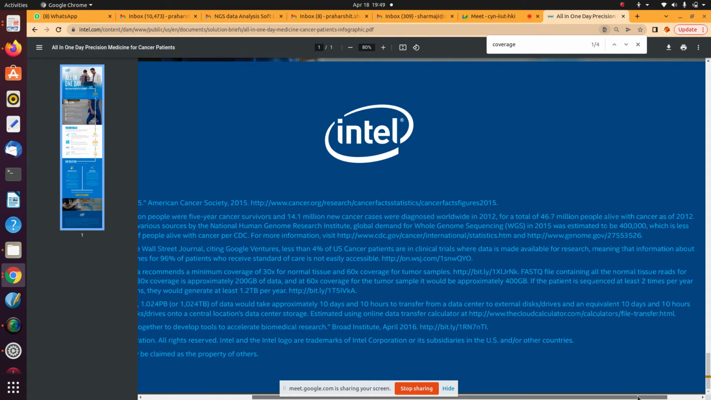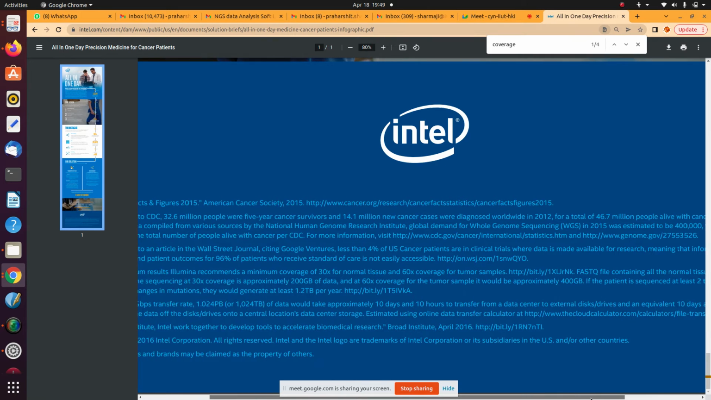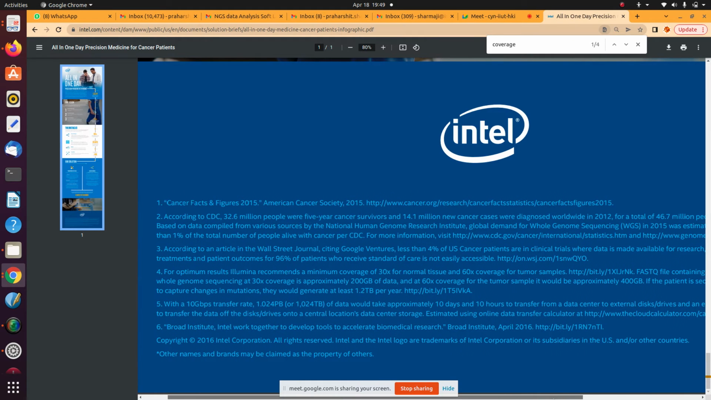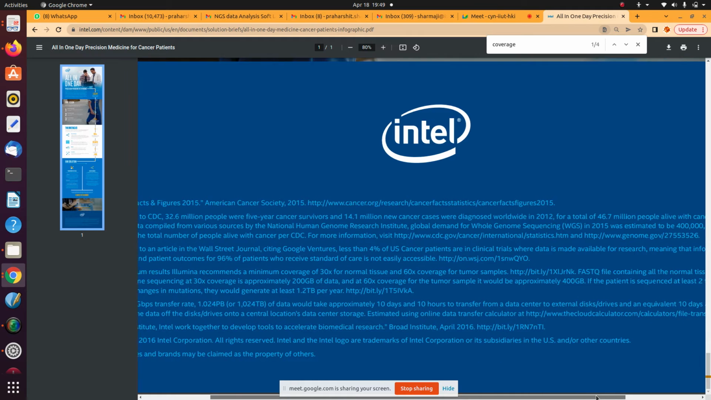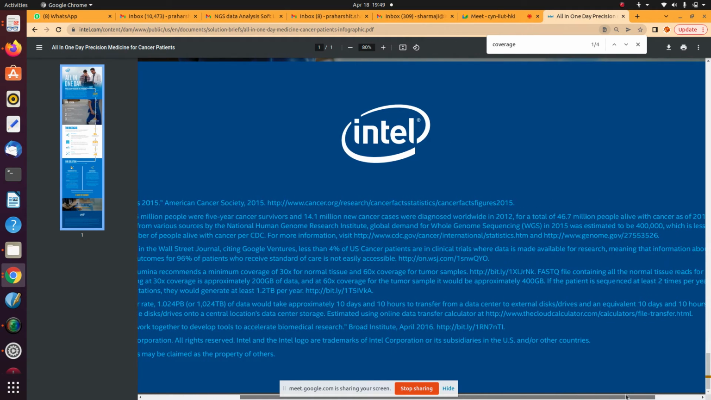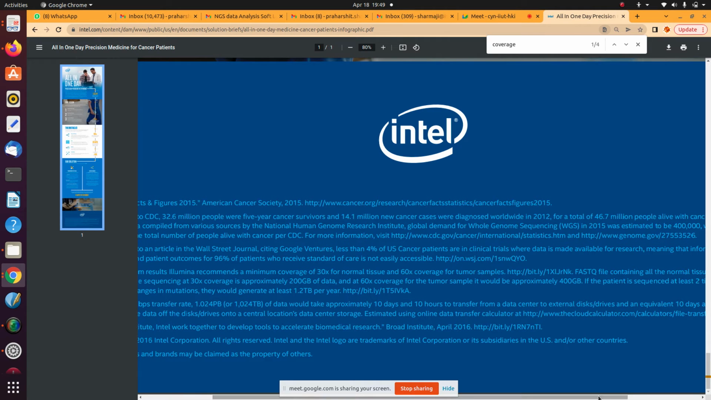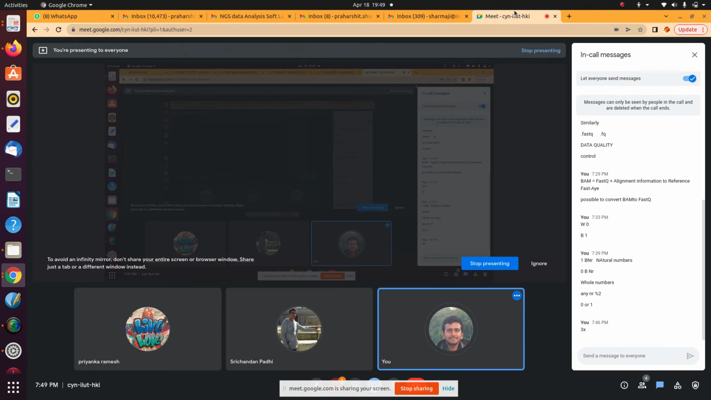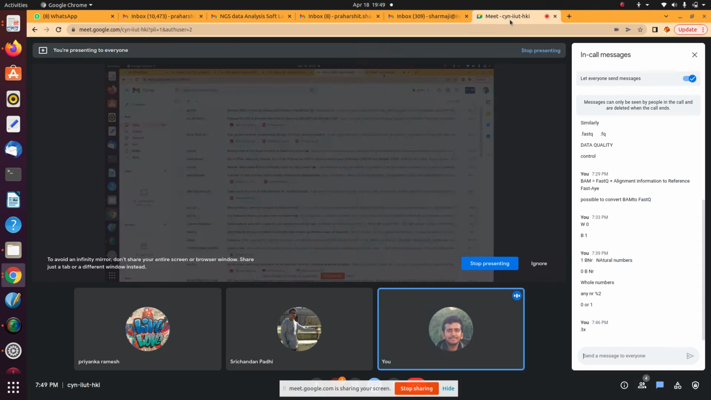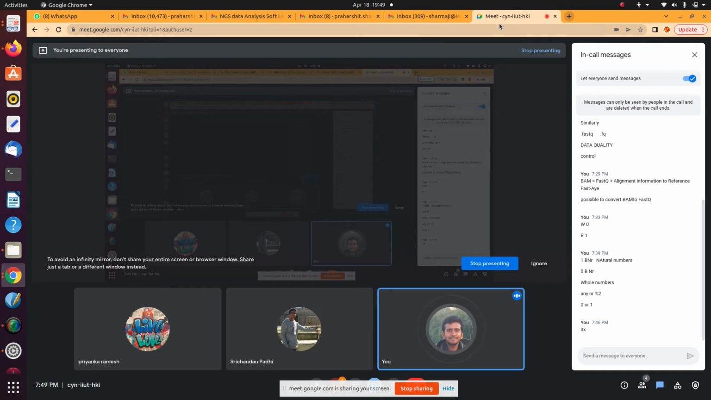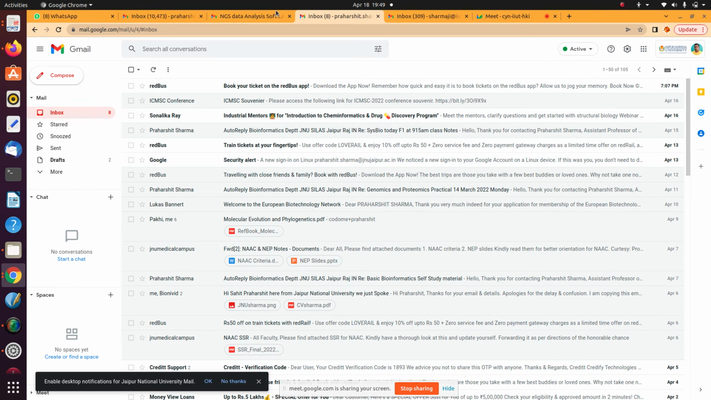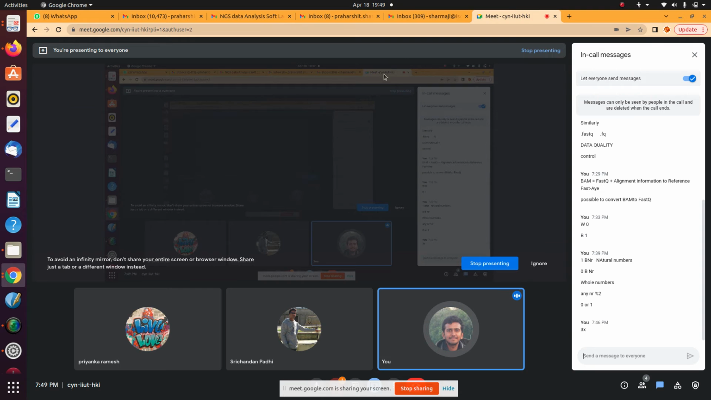If the patient is sequenced at least 2 times per year, fine, all that is the same. So you will see that for a control data set it is 30x, for case data set 60x, right? Yes, so that is fine. So this is from Illumina. If you want, I will share that link later in email. So coming back to this,